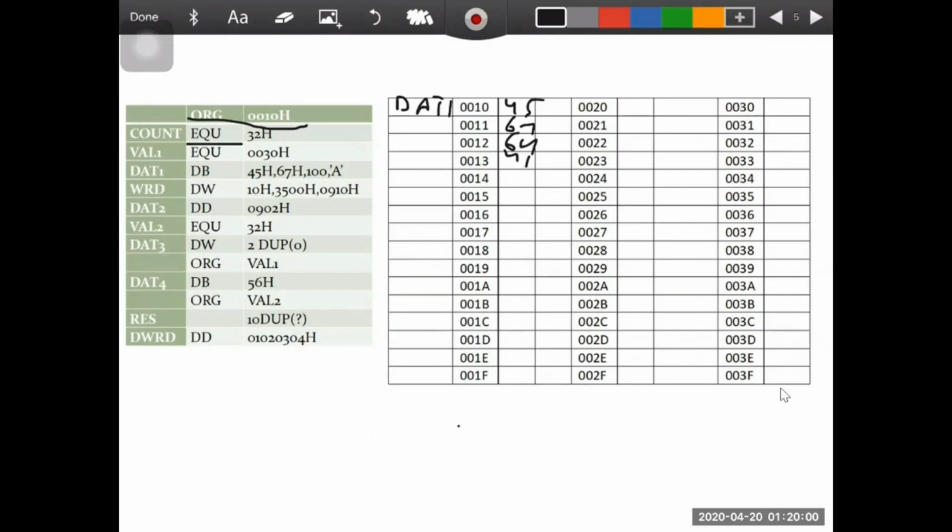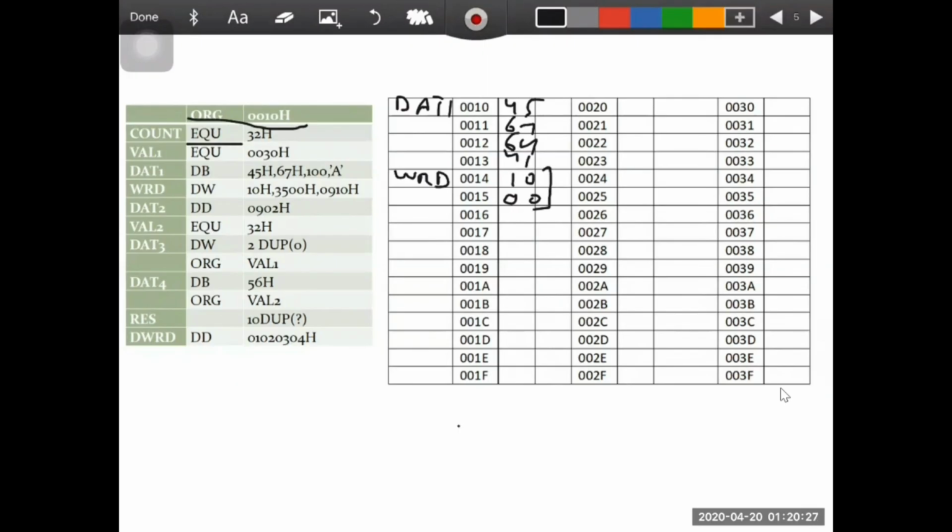Now next label is WRD. So here I'll write WRD, which will execute from 0014H. So here the first one is 10H. But we have to give a 16-bit number. So first 10, then 00. This makes the 16-bit number.